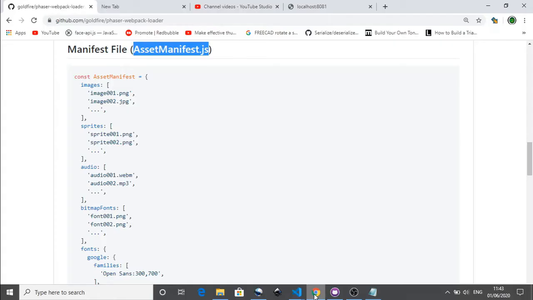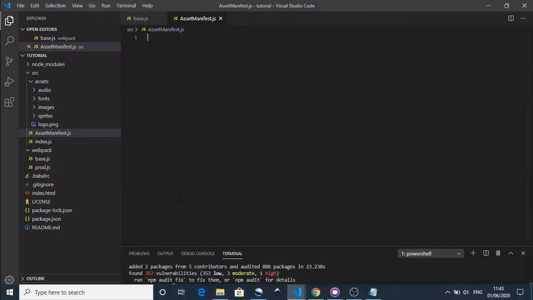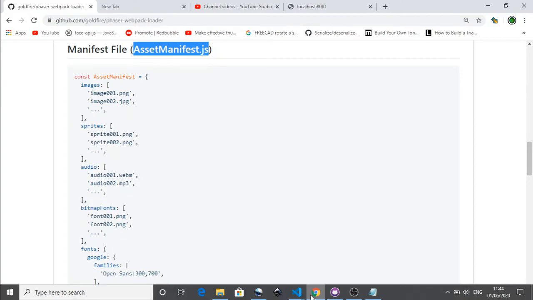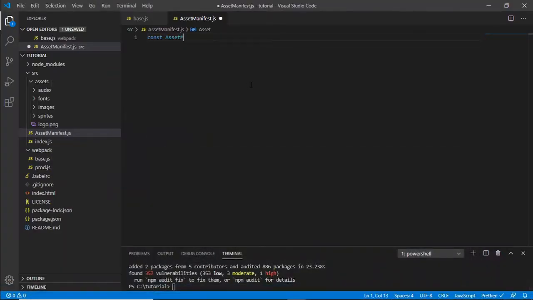And in there, const asset manifest equals, and then what we want there. So const asset. Is it asset or assets? Asset. Manifest